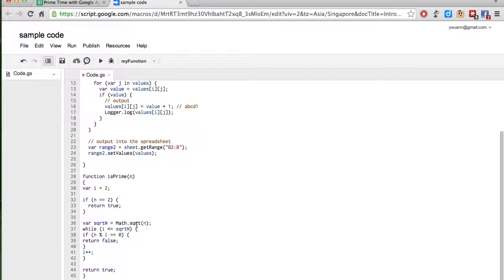Okay, just suffice to say that this reduces the number of times you try and test and divide and so on. Okay, so let's format it and make it look nicer. Right, so you can see the while loop, if let's say I is less than or equals to